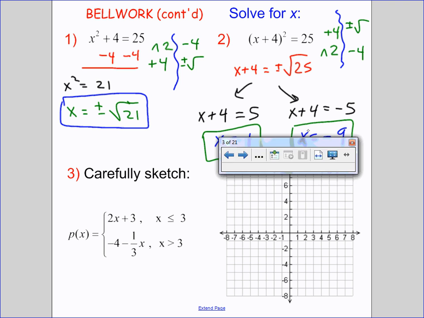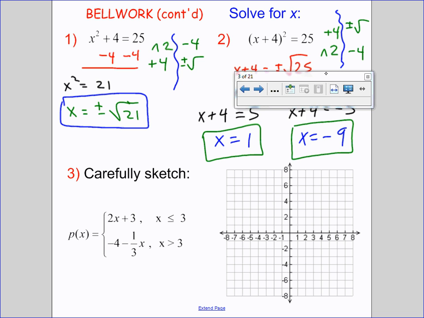All right. Lastly, a piecewise defined function was another area of concern. Recall, we can sketch the graph of a piecewise defined function by 1, knowing the equation, and 2, knowing the domain for which that equation applies. And so depending upon where you're looking, this graph will be given by a different function rule. It looks to me like whenever it's to the left of or equal to 3, the function rule is 2x